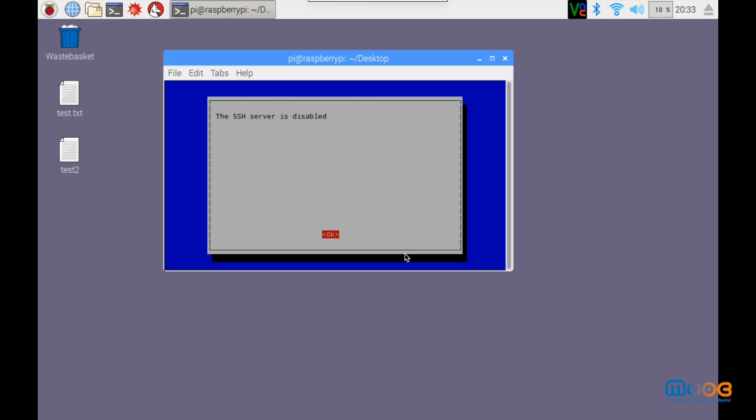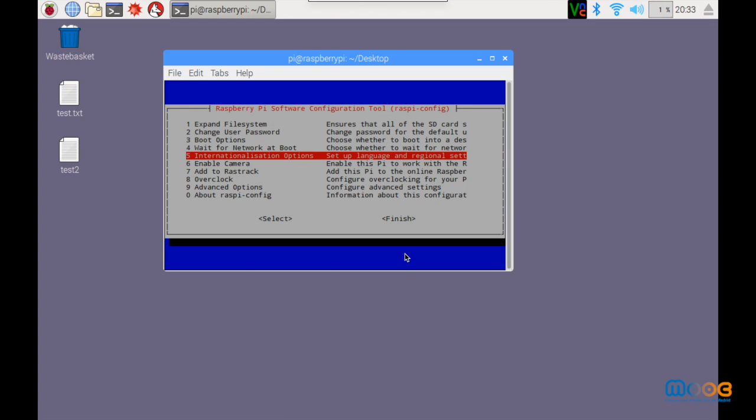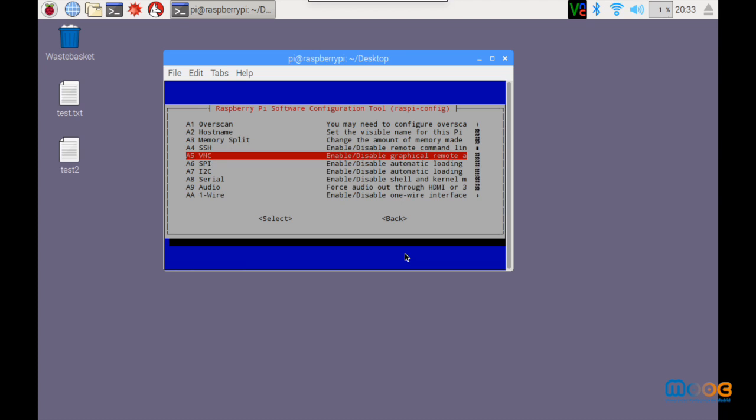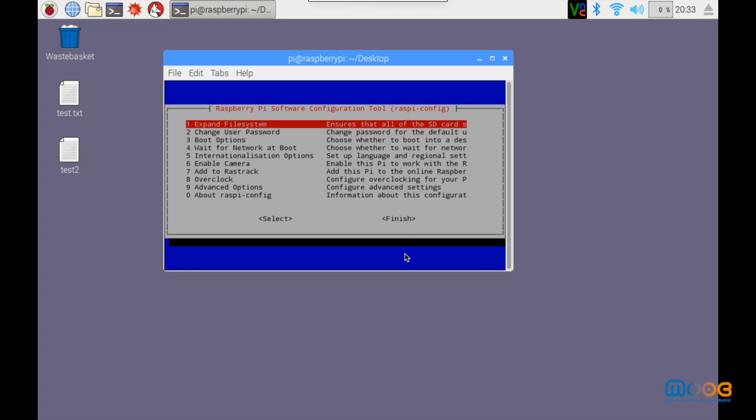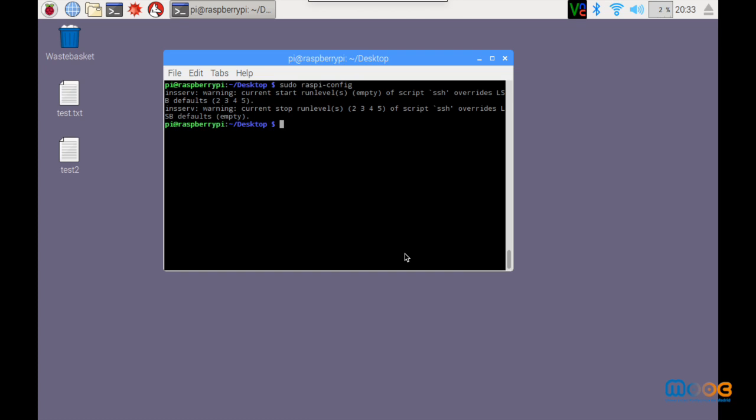Now the SSH server is enabled. So I finish.